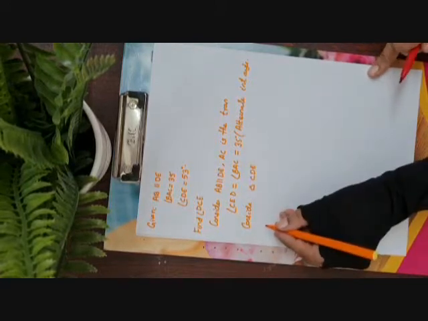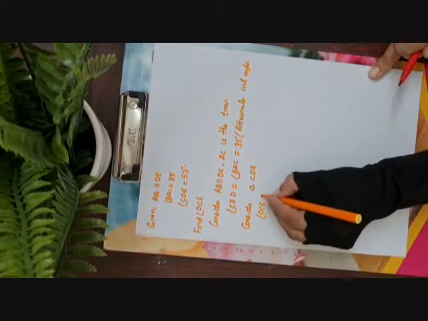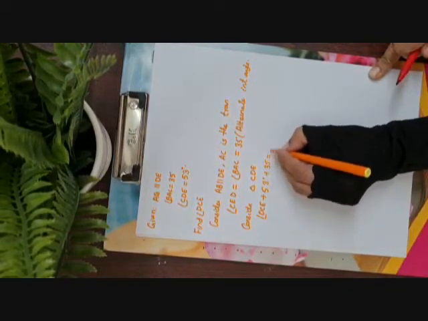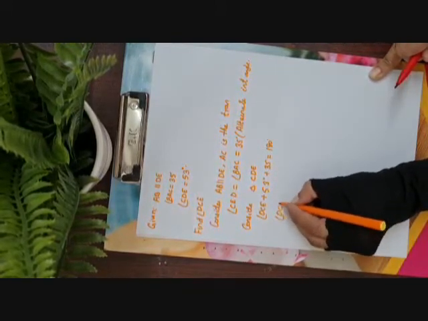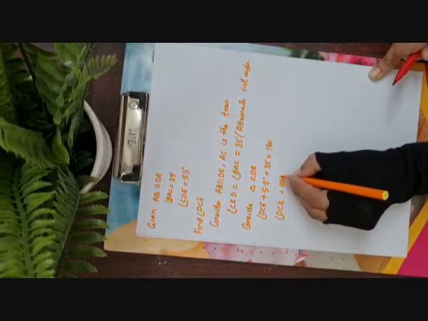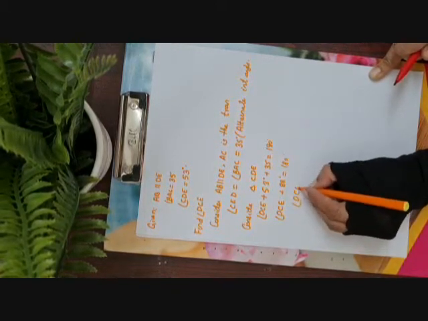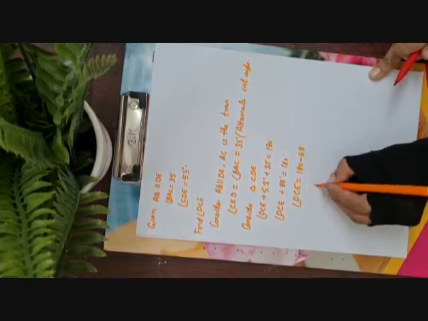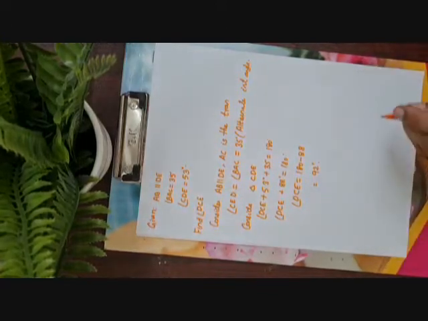Okay. Now we will consider triangle CDE. The sum of the angles in a triangle is 180 degrees. So angle DCE, this value we don't know, plus 53 plus 35 is equals to 180 degrees. Yes children? Angle DCE plus 88 degrees is equals to 180 degrees. Angle DCE is equals to 180 minus 88, that is equals to 92 degrees. We have found the value of angle DCE.